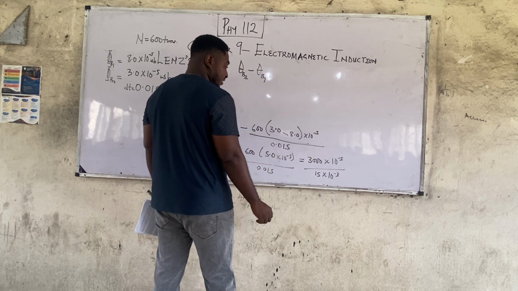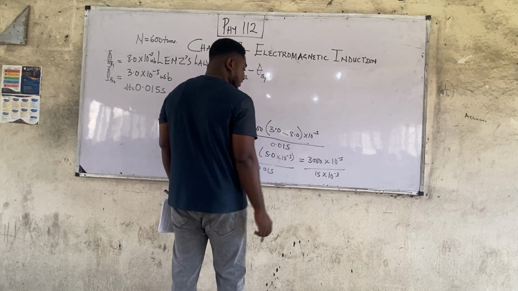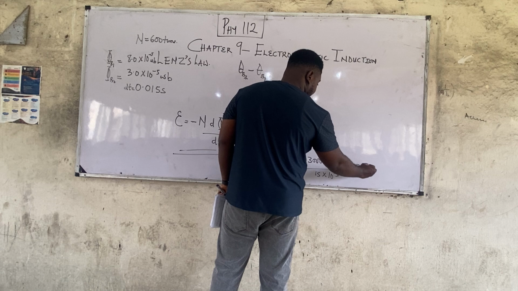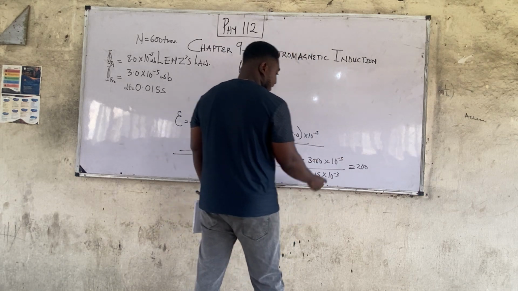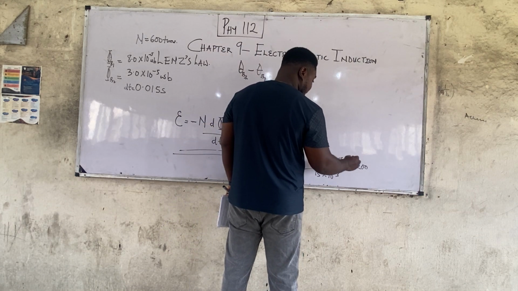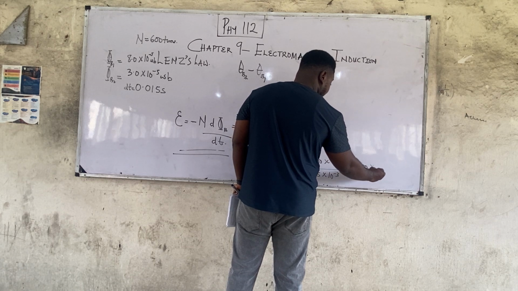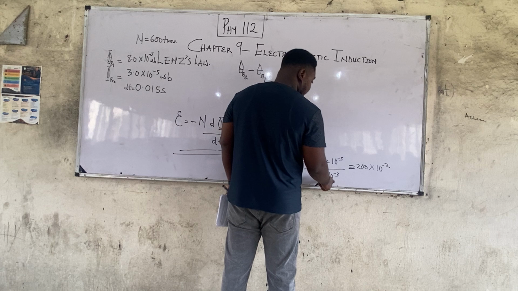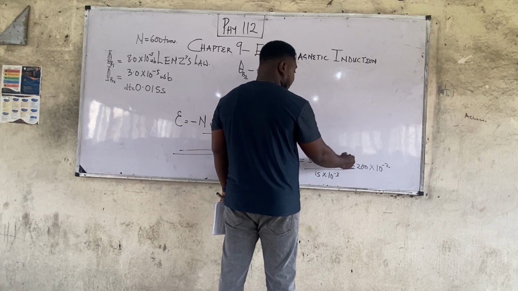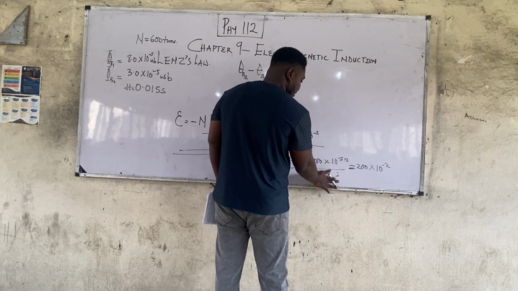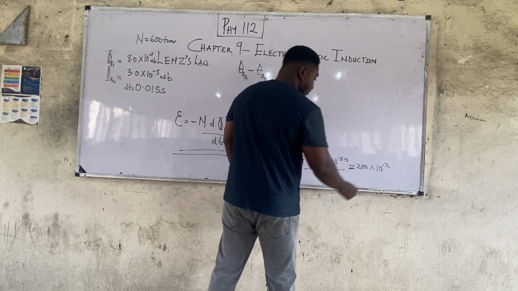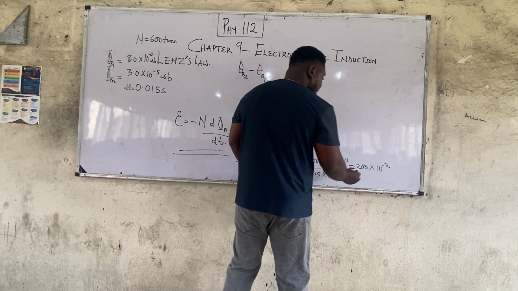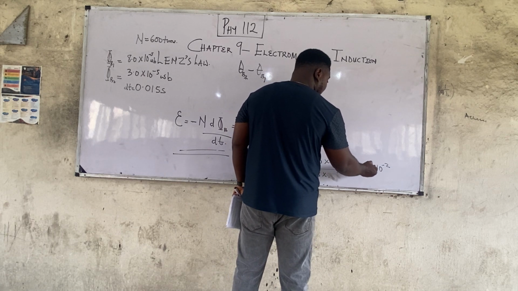I did it this way because if I don't have a calculator, 3,000 divided by 15 will give me 200. Now, minus 5 minus minus 3 is minus 2. 10 raised to minus 5 divided by 10 raised to minus 3: if minus 3 comes over, it becomes plus 3, right? What is minus 5 plus 3? Minus 2. So 200 times 10 to minus 2 means if you move the decimal place 1, 2, you